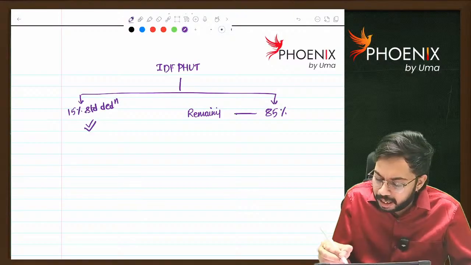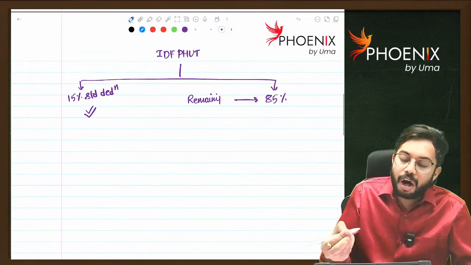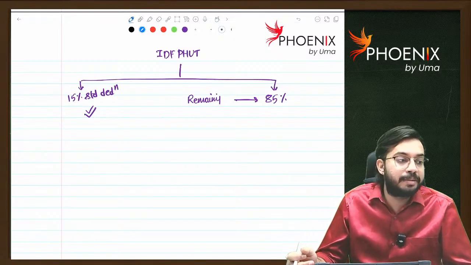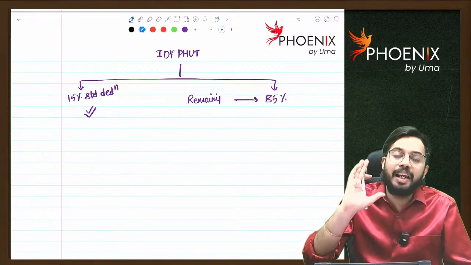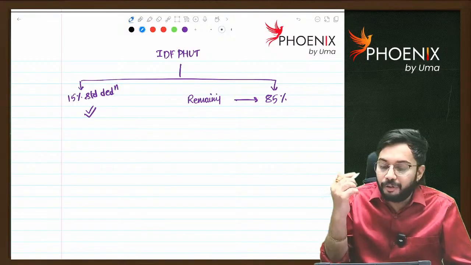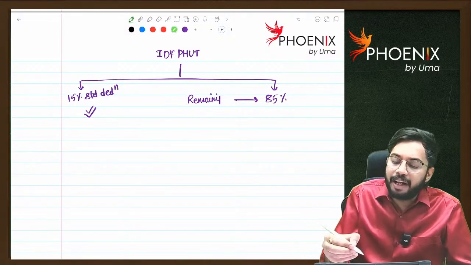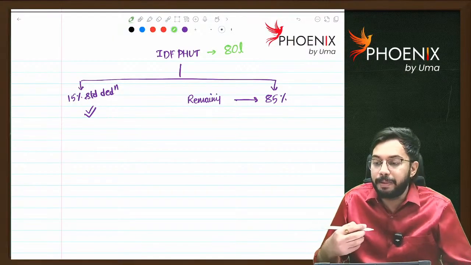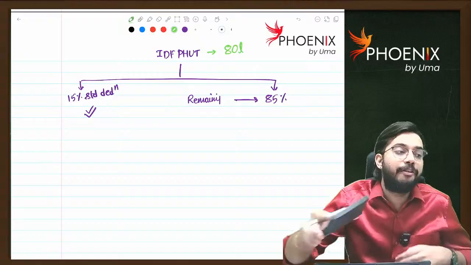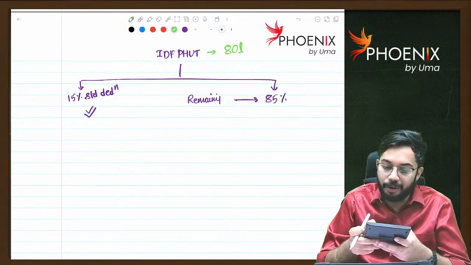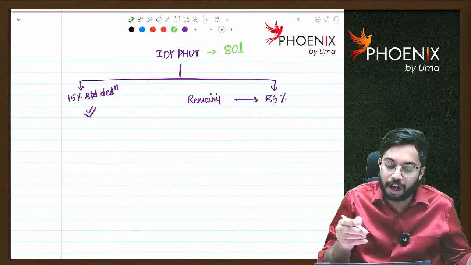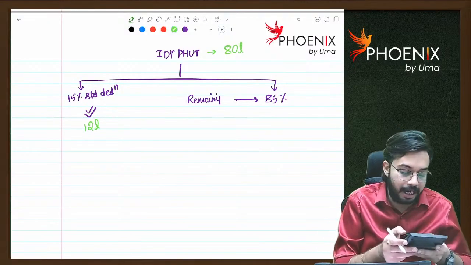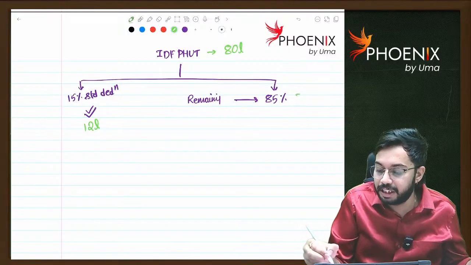Out of the remaining 85%, whatever the amount that is applied for charitable or religious purposes is there, that is eligible for deduction. What do you mean by this? Let's say, for example, income derived from property held under trust is 80 lakh rupees. Out of 80 lakh rupees, 15% standard deduction is allowed. 80 lakhs into 15%, how much? 12 lakhs is standard deduction. How much is balance? 80 lakhs minus 12 lakhs, 68 lakhs.